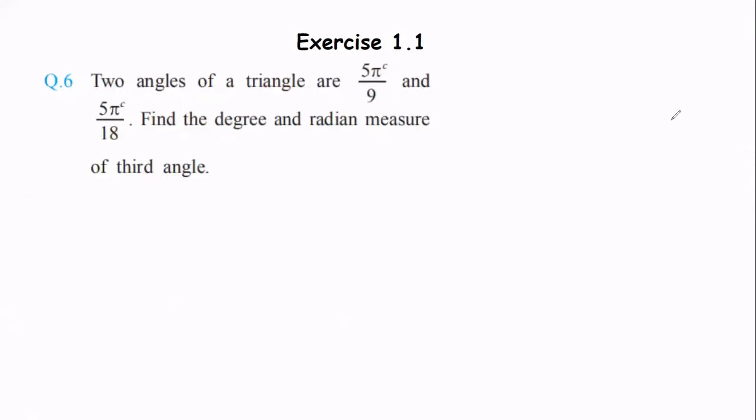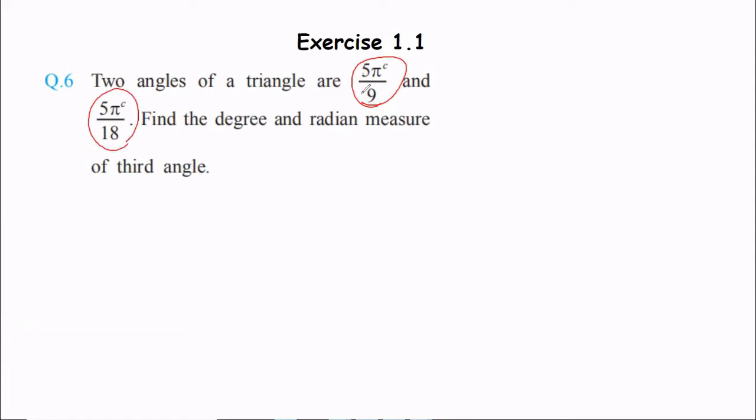So the sixth question is similar. We are having two angles in terms of radians this time. One is 5 pi by 9 radian. Another one is 5 pi by 18 radian. So basically, let's say this is angle A and let's say this is angle B. I can say that angle B is actually half of angle A from the observation, since numerators for both the angles are same and the denominators are actually double. This is an important observation to keep in mind.